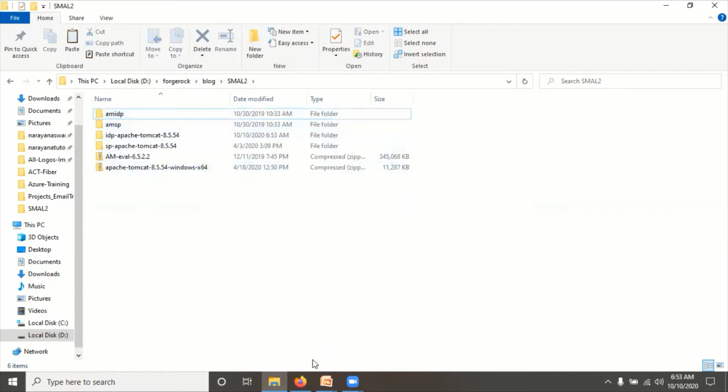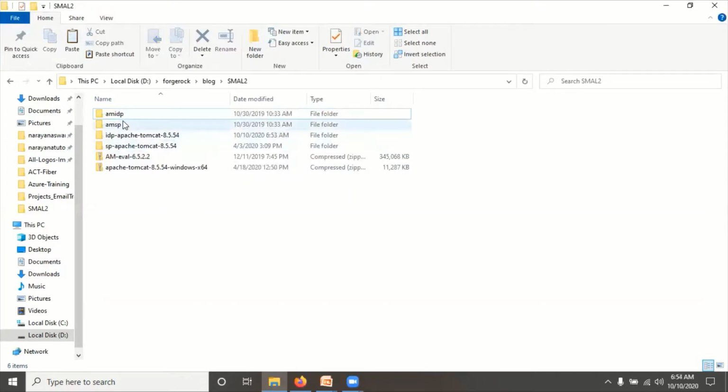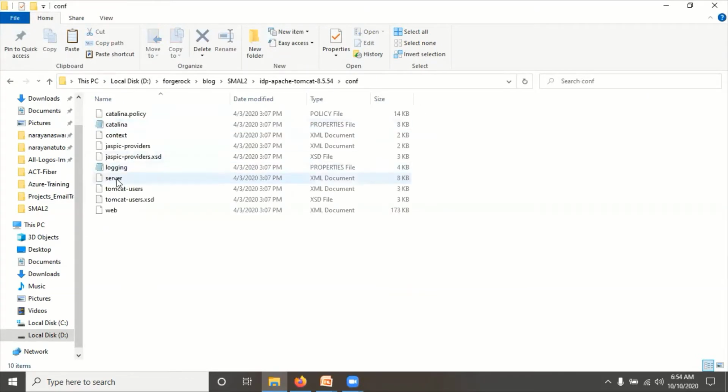What is the prerequisite next? We need to change the port. Go to the IDP configuration; there is a server.xml there.